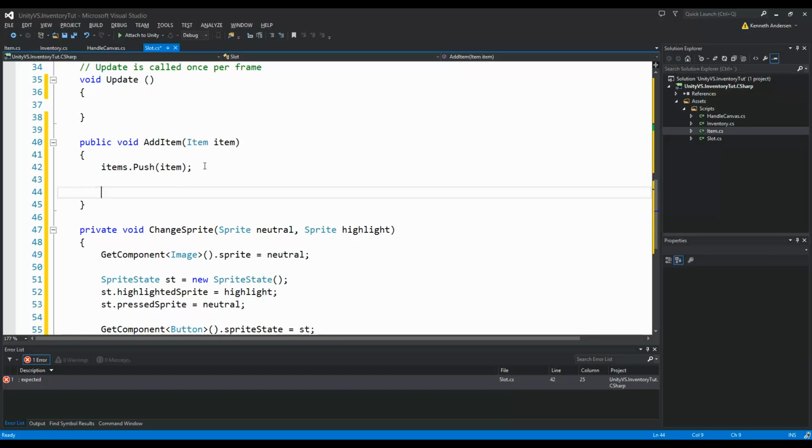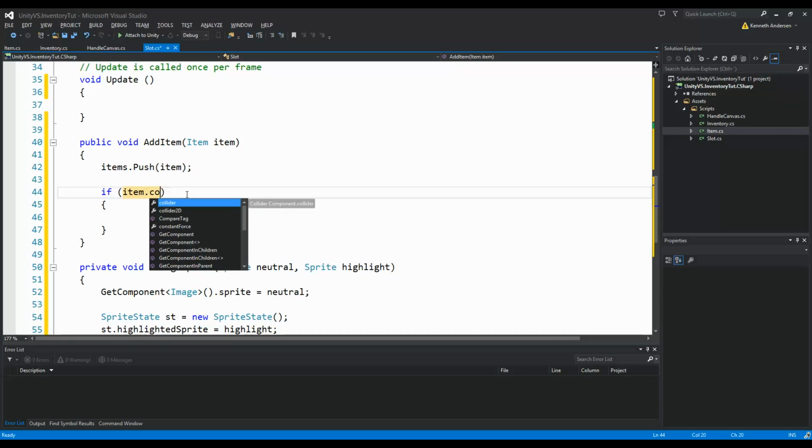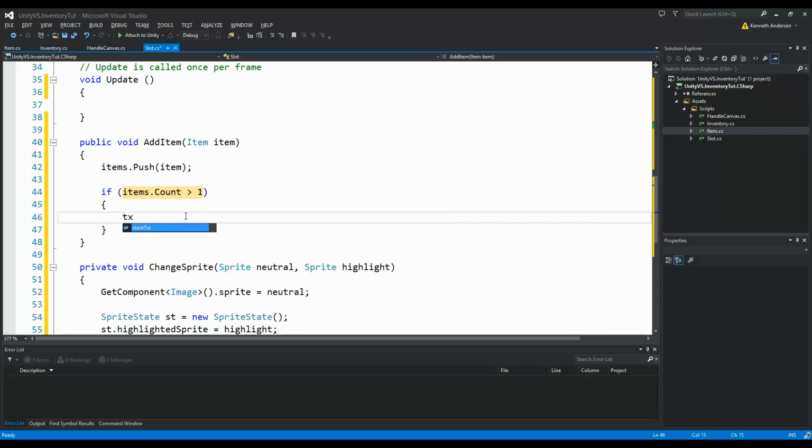When we've done that, we need to make sure that we write the text on the screen according to how many stacks we have on the slot. So if we only have one stack, we're not interested in writing the stack out to the screen, because we don't want lots of icons with a big 1 on it. It's only if there's 2 items on the same slot we want to write the number 2. So if items dot count is greater than 1, well, then our stack text, the text equals items dot count